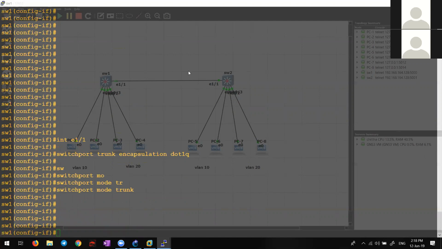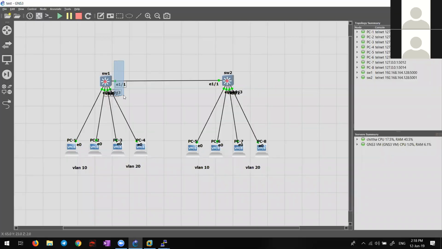Now, I have configured this side, okay? My question is, will this interface become a trunk link now? Yes or no? Okay. Yes or no? Yes. No?